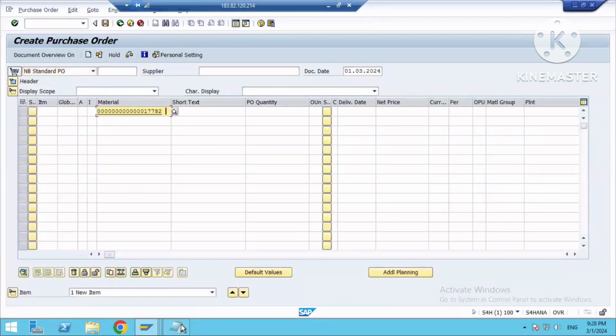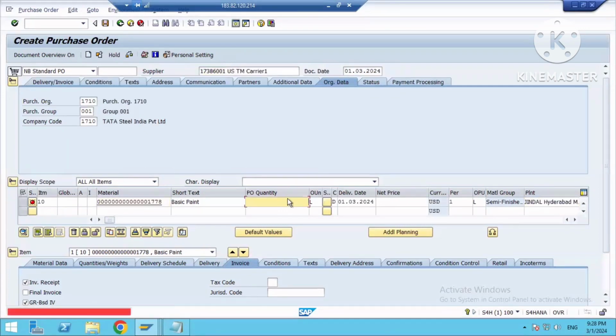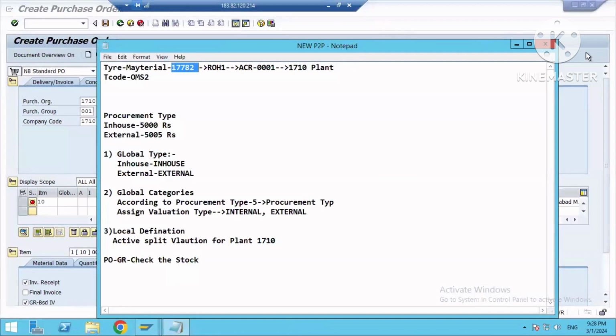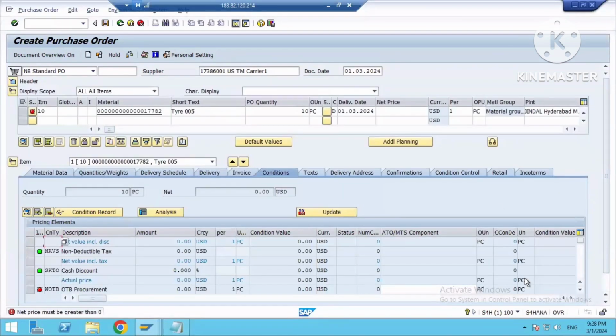enter the material number. Now whenever you are creating a purchase order, enter the price, quantity. This is not my material, I think. What is my material number? This, 182. Tire. Now here you can see, guys, while creating the purchase order,